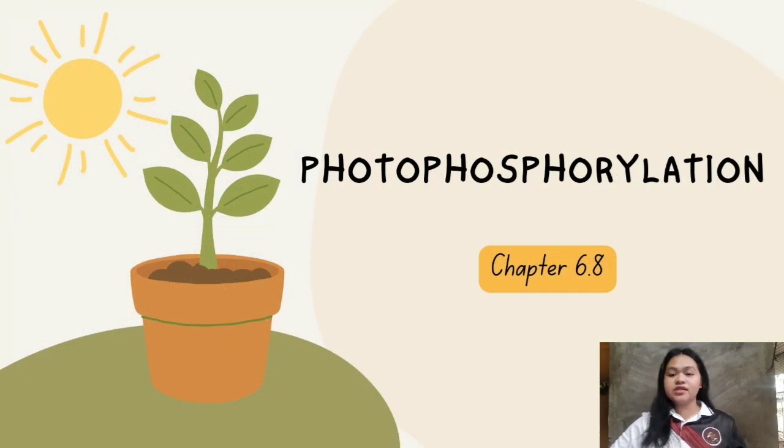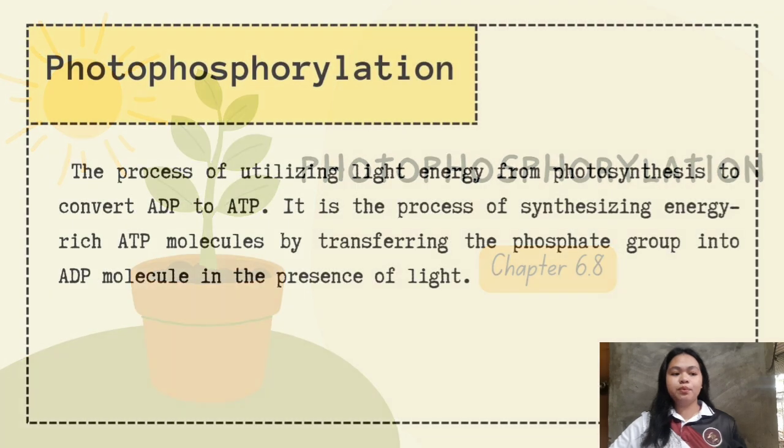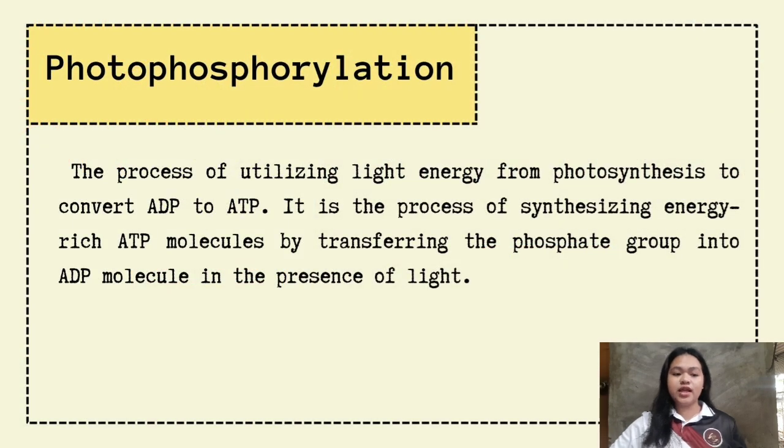And then moving to the next topic, which is the 6.8, the photophosphorylation. So, photophosphorylation, the process of utilizing light energy from photosynthesis to convert ADP to ATP. Ito na nga yung makikita nating image kanina do sa may second image ng figure 6.16, wherein magkakaroon pa ng process para ma-convert si ADP to ATP using the NADPH na napuproduce ni photosystem. So, it is the process, or the